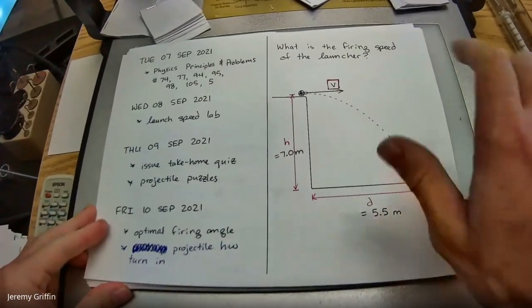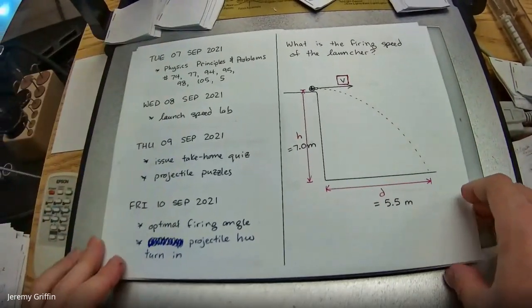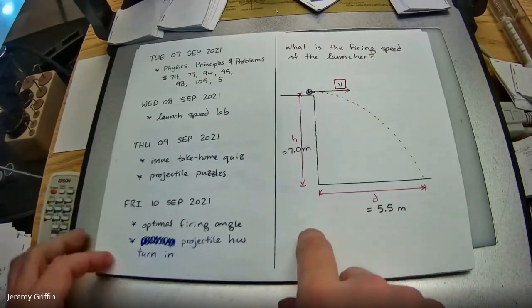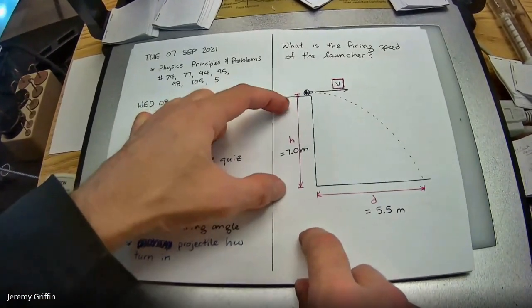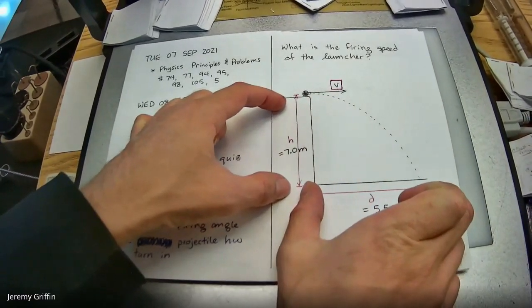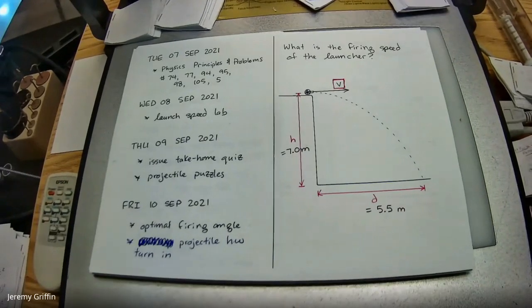Yeah, it's a great segue to this starter question. Suppose you had a setup that looked like this. There was a launcher at the top of this cliff. Now I gave you guys some numbers. I said a 7-meter tall cliff, and you go, let's say it's like 5.5 meters out. Could you guys figure out what the launch speed of that scenario is?